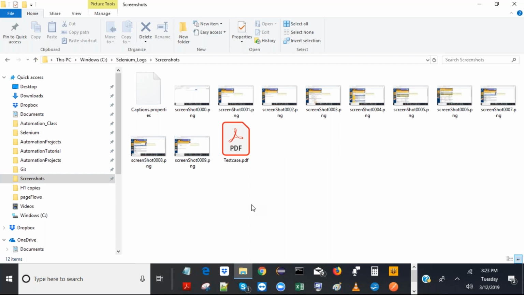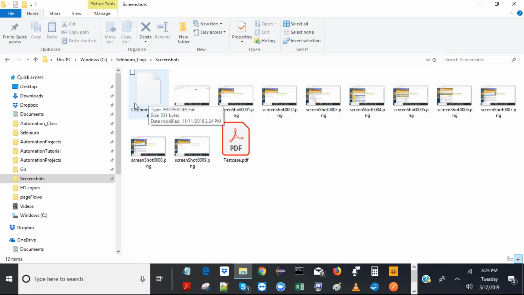I created the screenshots folder in the C drive under Selenium_logs. The first index will be 000, we can change it, but that's okay. So screenshot 0000.png, followed by subsequent numbers 002, 3, 4, 5, 6 until the last. However many times we call, it will take it.